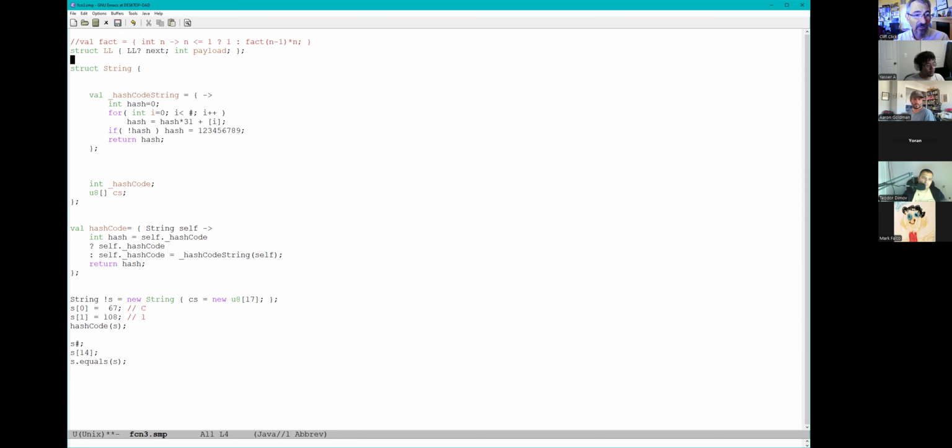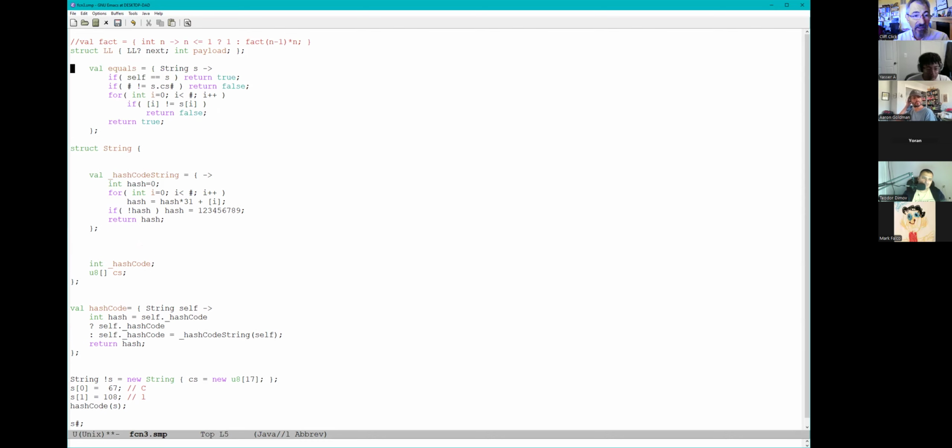An equivalent failure for that one would be to bring equals up here. And even if I say string self, comma, and I make all the self things behave as you'd expect, there's no forward reference on string support for asking for fields. So s.cs says, give me the forward reference definition for string. I don't have that implementation. So in the land of forward-only flow typing, I need another pass. There is a thing that says I can start looking at string and declare it has to have a CS field.